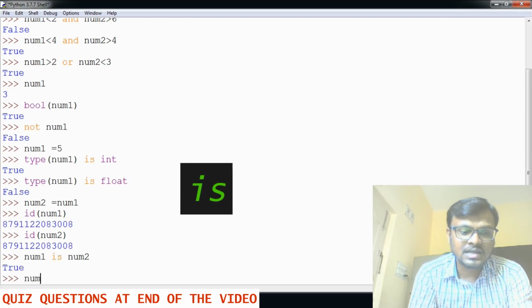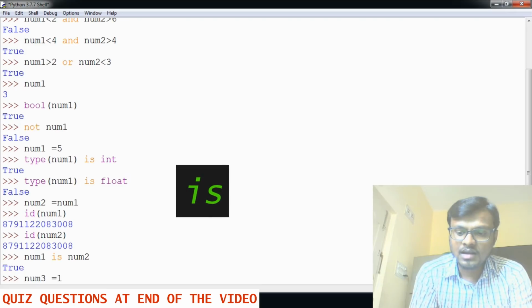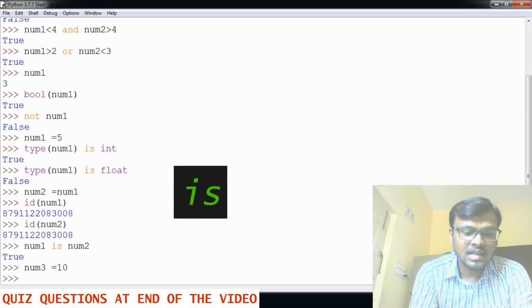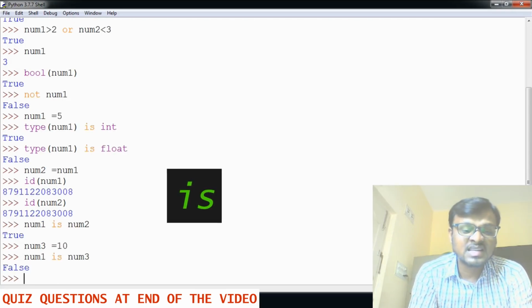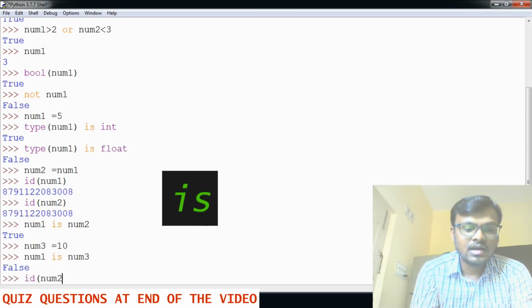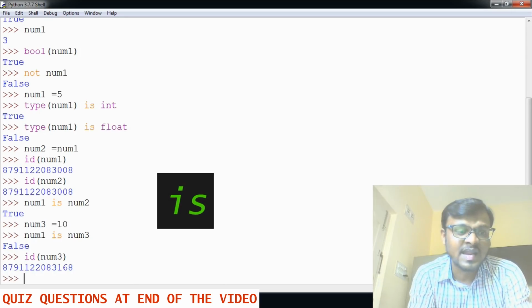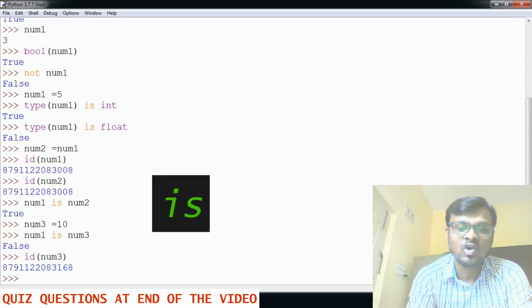Now just create another variable, give some other value. Okay, now check num1 is num3, false, because the id of num3 is different. Getting my point? Check here, id of num3 is different, id of num1 is different. That's why we are getting false as output.